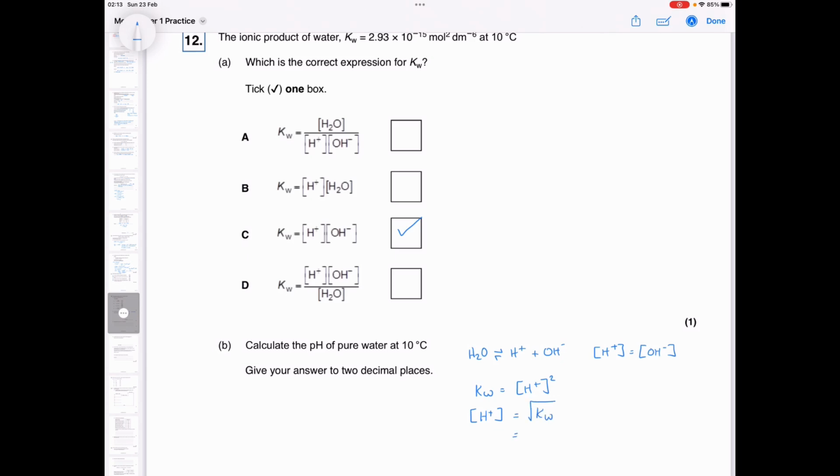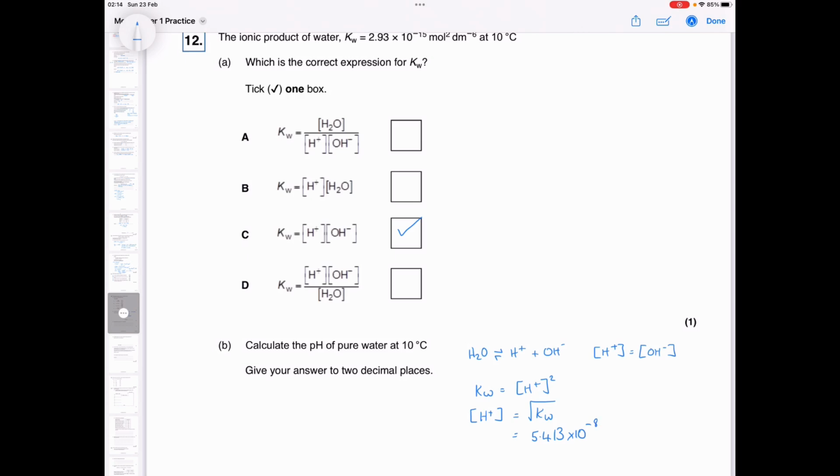So we need to do the square root of 2.93 times 10 to the minus 15, and that gives us a H plus of 5.413 times 10 to the minus 8,